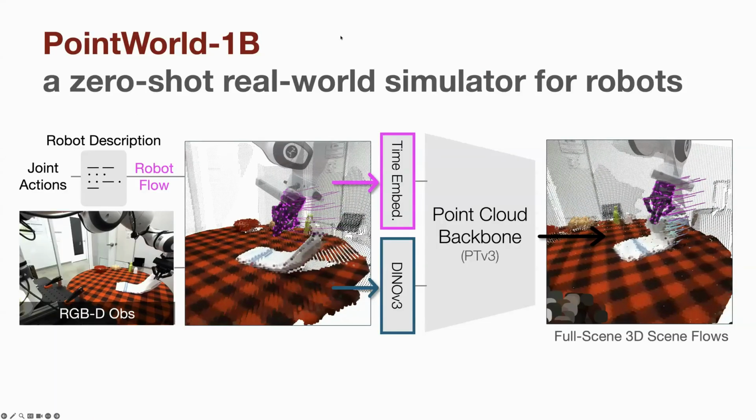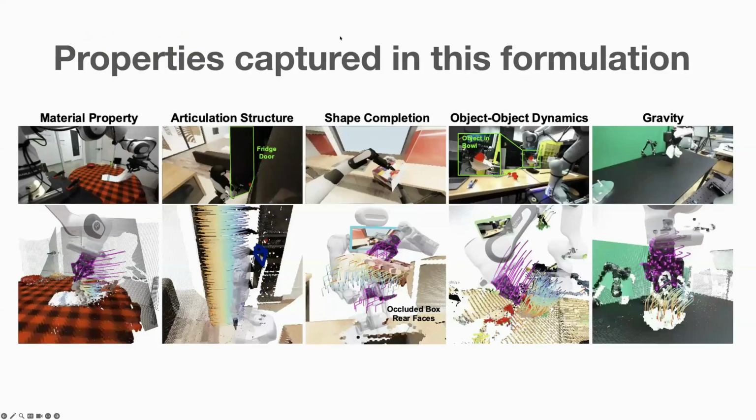I think this is a very simple formulation, but there are a few properties that it captures that we care about in manipulation. First of all, to really do this, it needs to understand what is the object I'm manipulating, because there's no segmentation mask being given, so it needs to do object detection and segmentation, all implicitly in 3D, and it needs to estimate the material property with the data it's being pre-trained on. For example, this is a deformable object, so how should it deform?